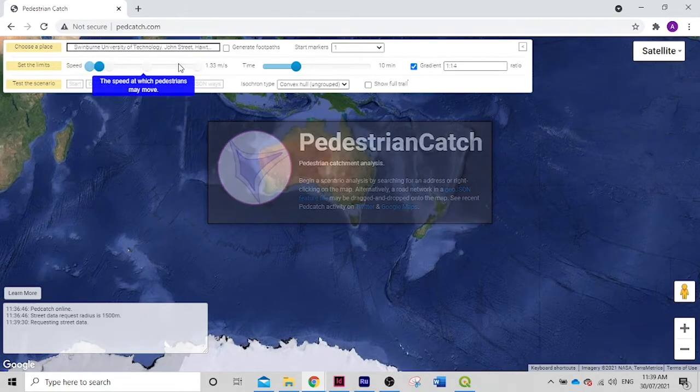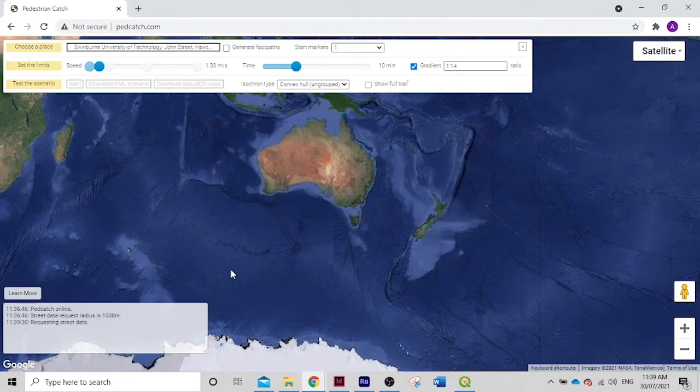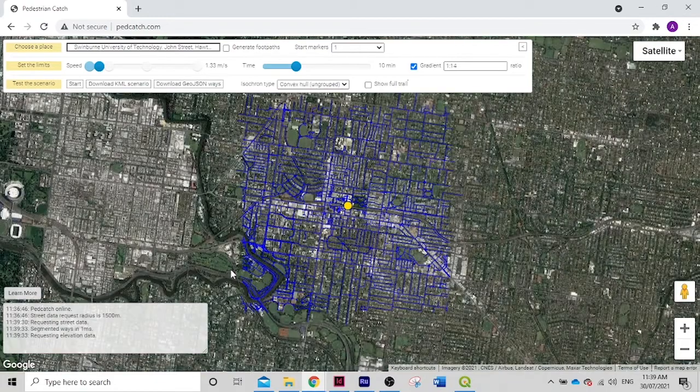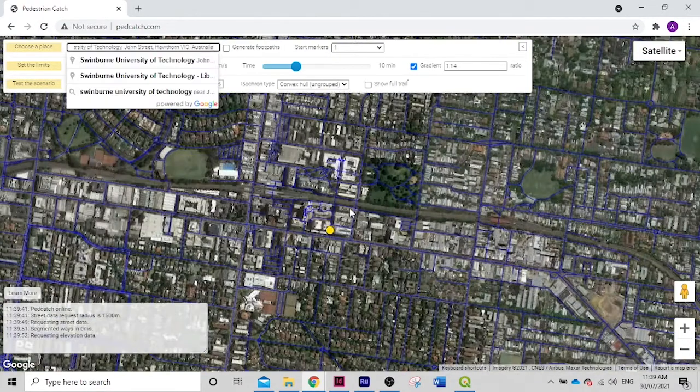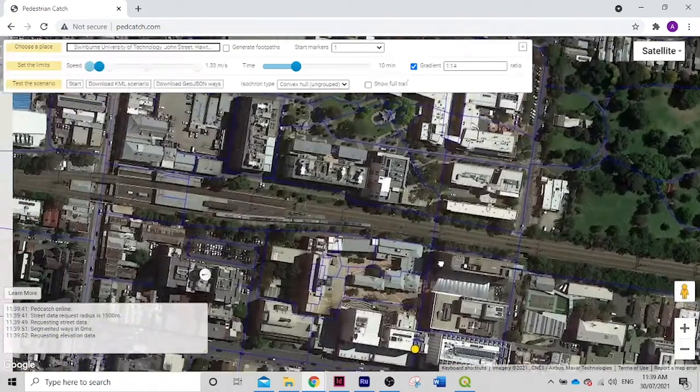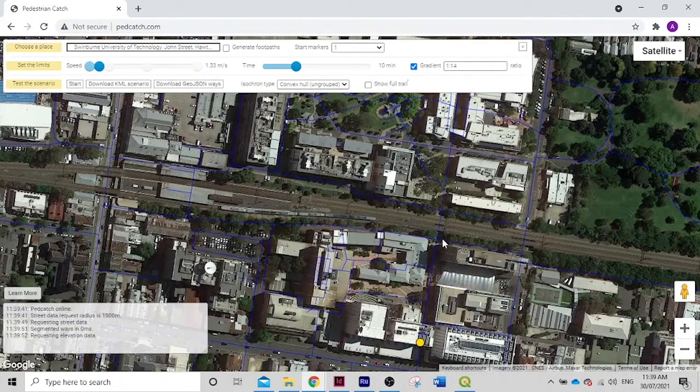So to start with, we want to open up pedestrian catch. The location I'll be using today is my university, Swinburne University of Technology. As you can see, Swinburne only has two pathways that connect the South Campus to the North Campus, which is an issue. So I want to add additional pathways that run underneath the train tracks to add extra connectivity to